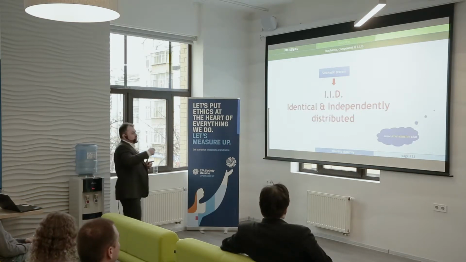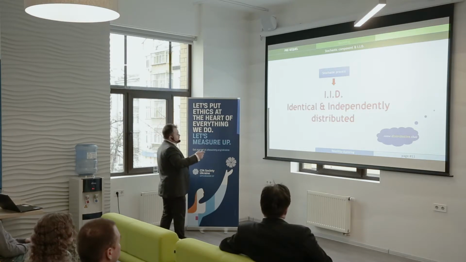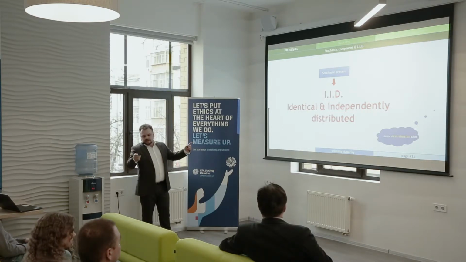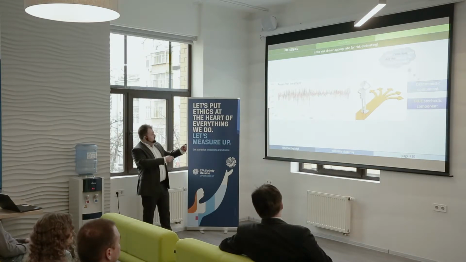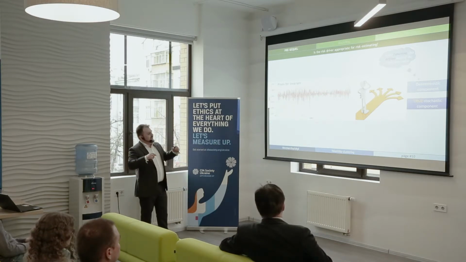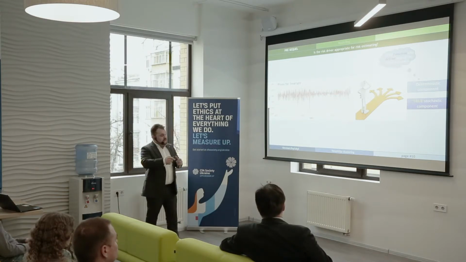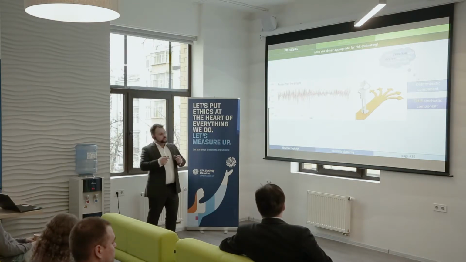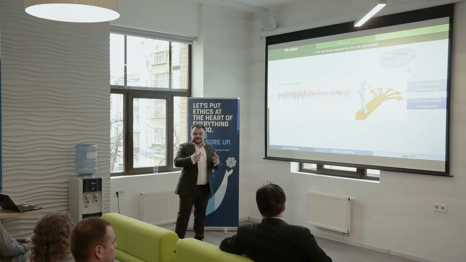This stochastic component has to be an IID process. First of all, it has to be identically and independently distributed over time. If we have an IID process generating this data, it has to be stable over time, and based on this, we can approximate the future expectation based on this data. If this data is not an IID process, it is not stable, our forecast will not be reasonable, because